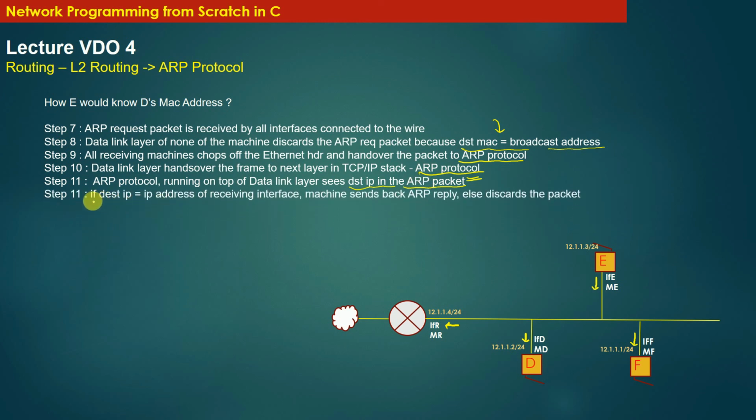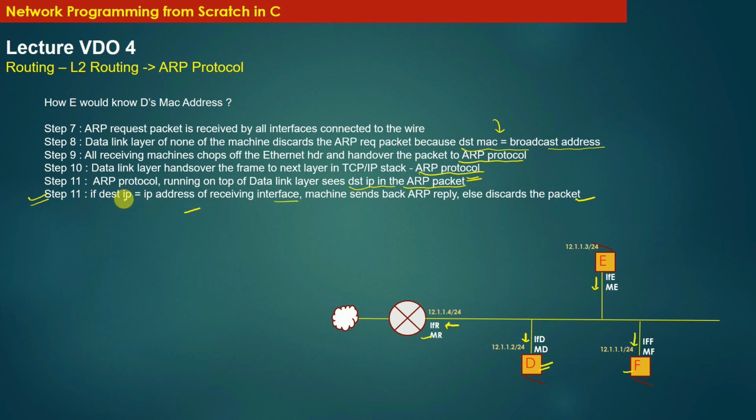Now, the ARP protocol checks whether the destination IP address is equal to the IP address of the receiving interface. If so, the receiving machine sends back an ARP reply, else it discards the packet. So in this example, the condition specified in step 11 is true only for machine D. The ARP protocol for the router as well as for machine F discards the packet